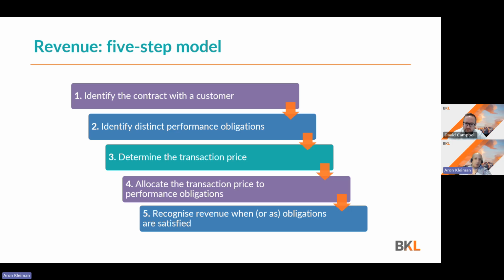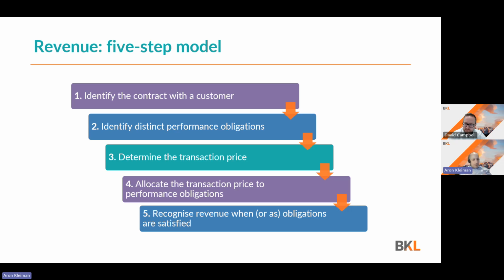We need to, number one, identify the contract with the customer. And companies should be aware that a contract isn't only a bunch of signed papers with a wax seal in a big box. When you walk into a shop and you buy a product, there are contractual things that take place. I can return a good if it's faulty. There may be a warranty on the product. There's certain two-way transaction conditions that are taking place. And so a step to identify those contracts is key.